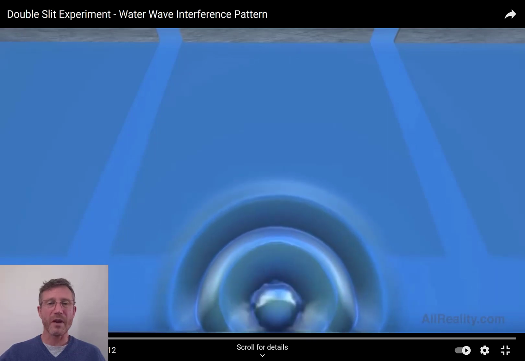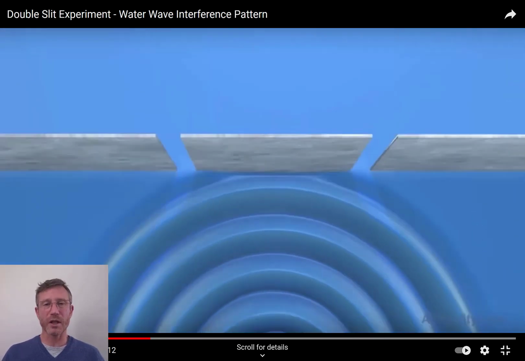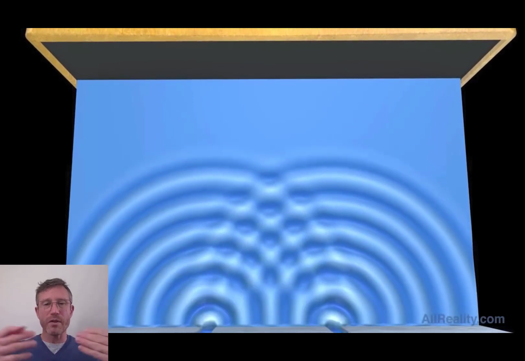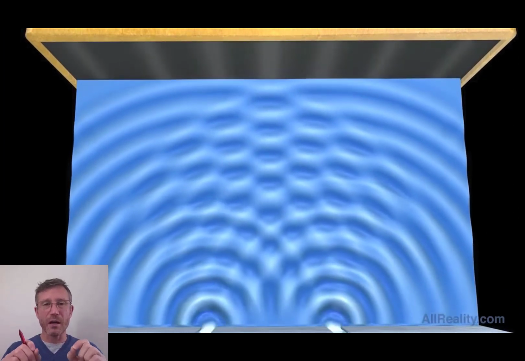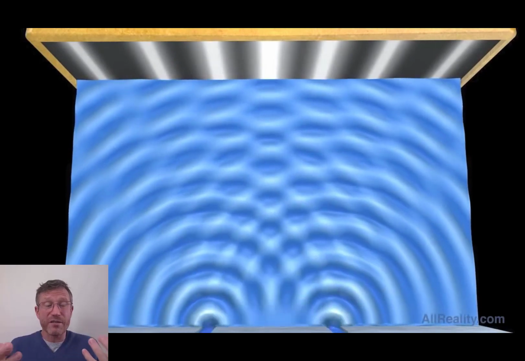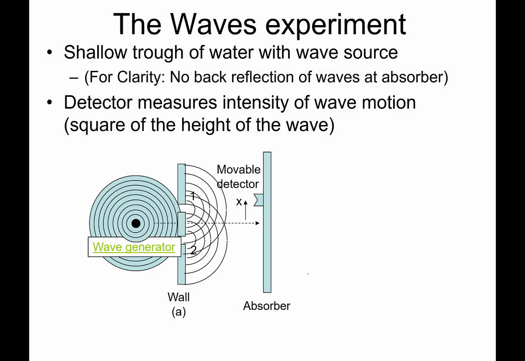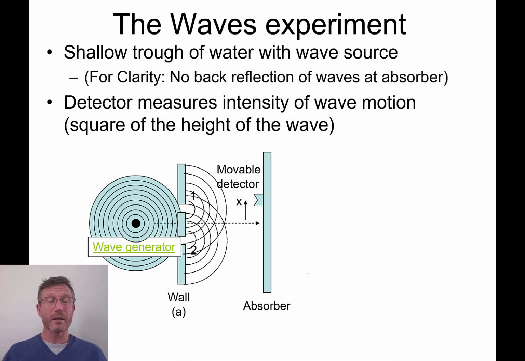And here we go. So we have a wave generator in here and some water. We have these 2 slits, and as the waves move through these slits, each slit ends up being a point source for a successive circular pattern. And as we come back to our PowerPoint slide, what we find is we've got this circular pattern in here, new waves, and we start to get these interference